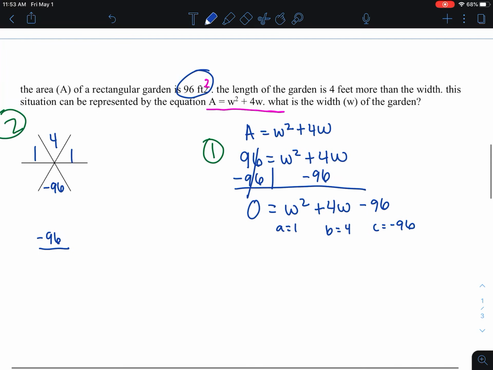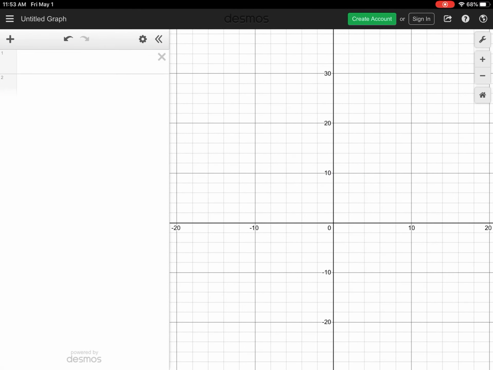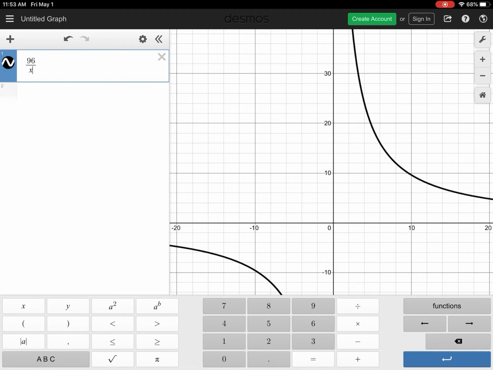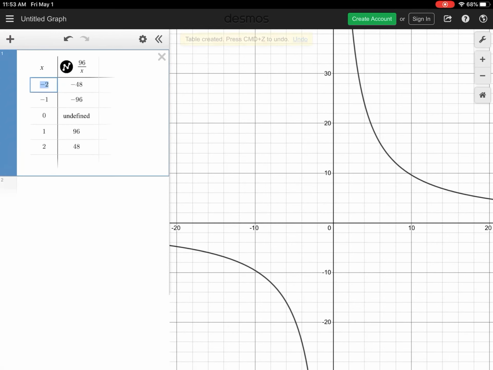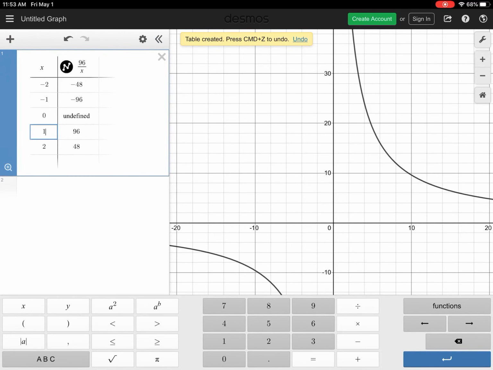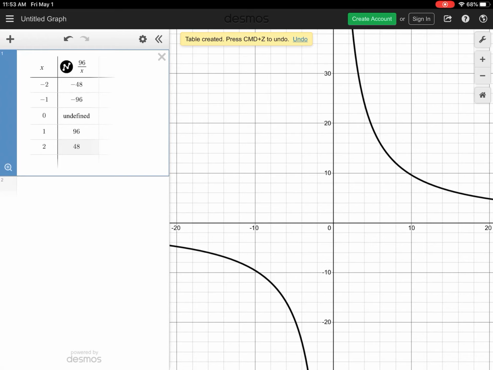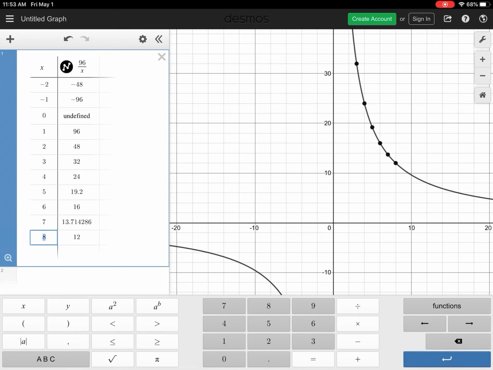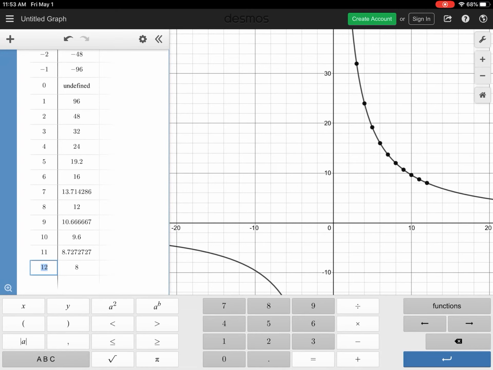If you want all the factors of a number and you can't think of all of them, go to Desmos, type in the number you have, so 96, divided by x, okay? And then hit the gear function and go to table, and there are all your factors. 1 times 96, 2 times 48, and then keep hitting enter. 3 times 32, 4 times 24. Nope, I don't want the 5. Don't pick any decimals. 6 and 16, 8 and 12,